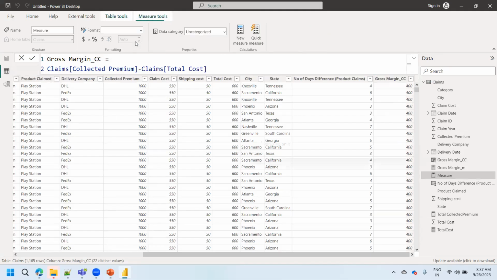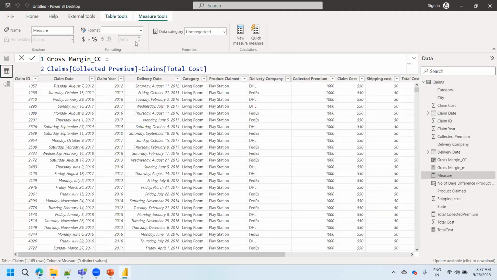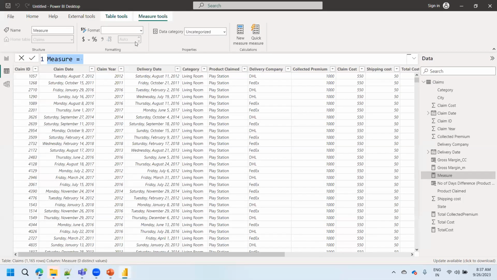Click on the new measure. The same gross margin we can get with one single function called SUMX. SUMX stands for iterator function, X stands for iterator here. Giving the name as gross margin underscore method,